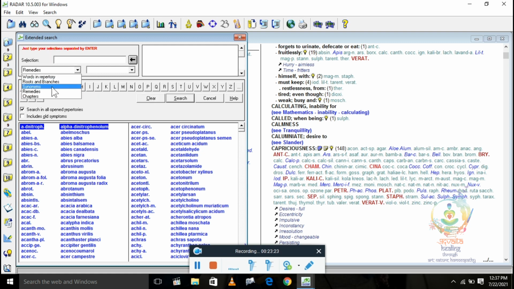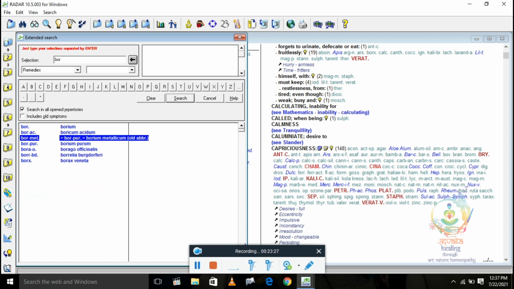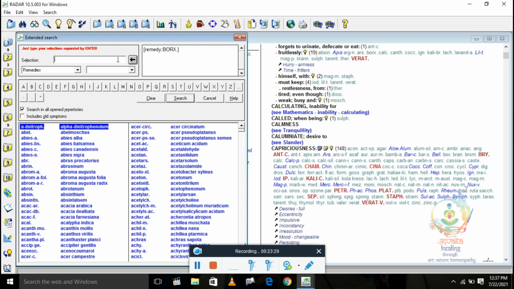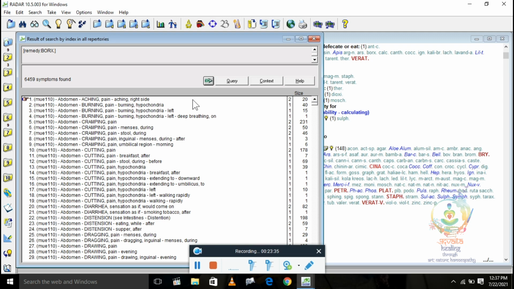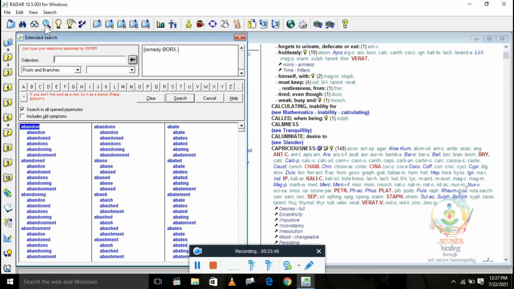You have to first select remedies here, and then type Borax venenata, press enter and then search. So all the rubrics of Borax will appear here, in whatever repertory you have searched.